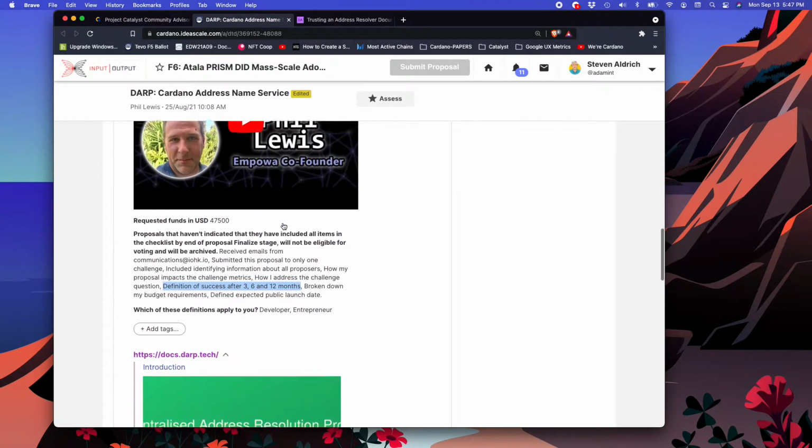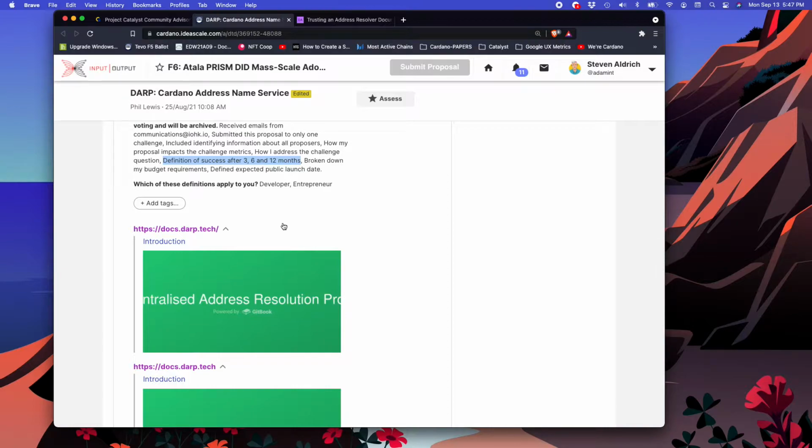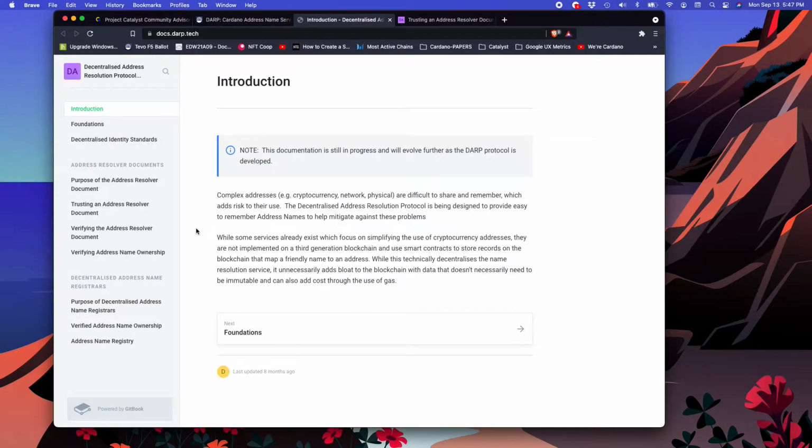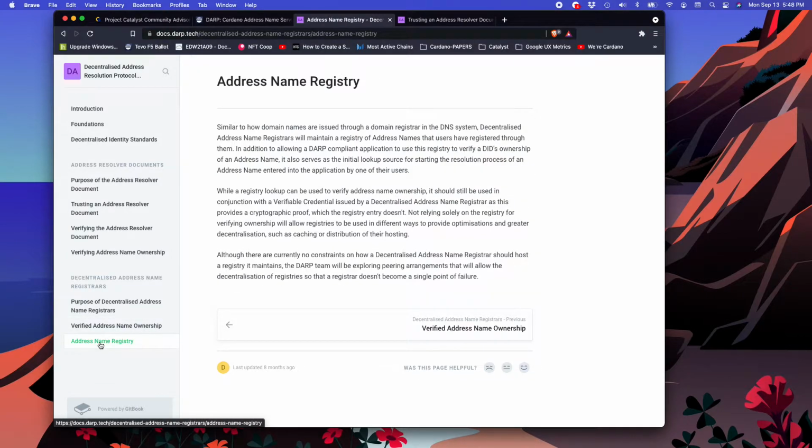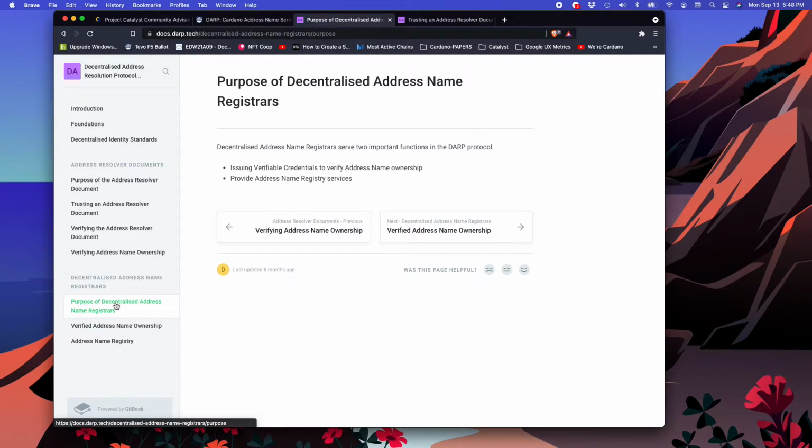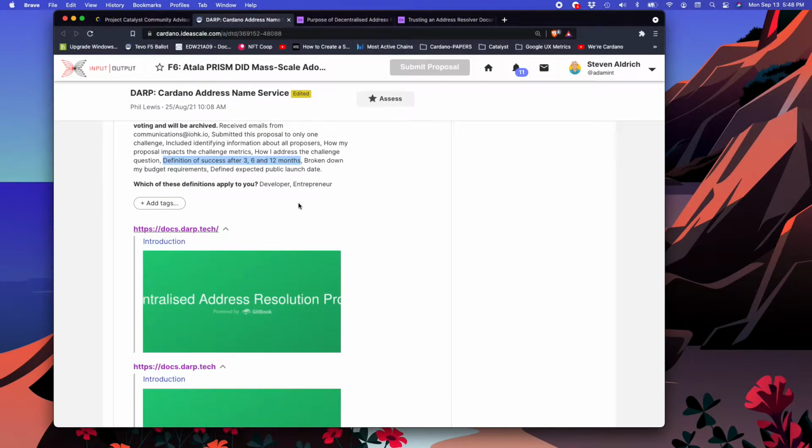What does success look like? Maybe that's over in the docs. Let's take a quick look. And some of this, I'm just pre-checking as I'm reading through it. Hey, are these things actually there? So decentralized identity and purpose, trusting, verifying, purpose, verified address name registry. And I'm just not seeing it where he has in fact identified this portion right here, and then broken down the